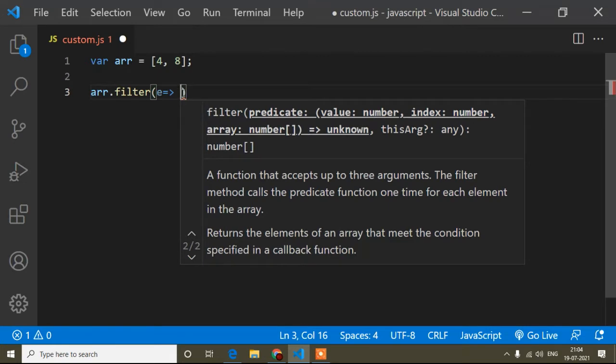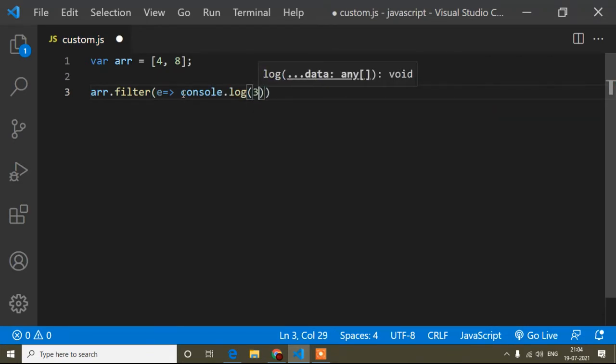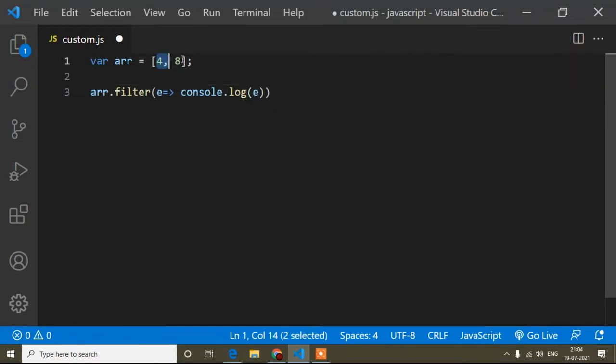Now if I console.log this e, it will return 4 and 8, because e means this element, which may be 10, 2, anything. So now each element will come into this e parameter. Okay, it's clear now.